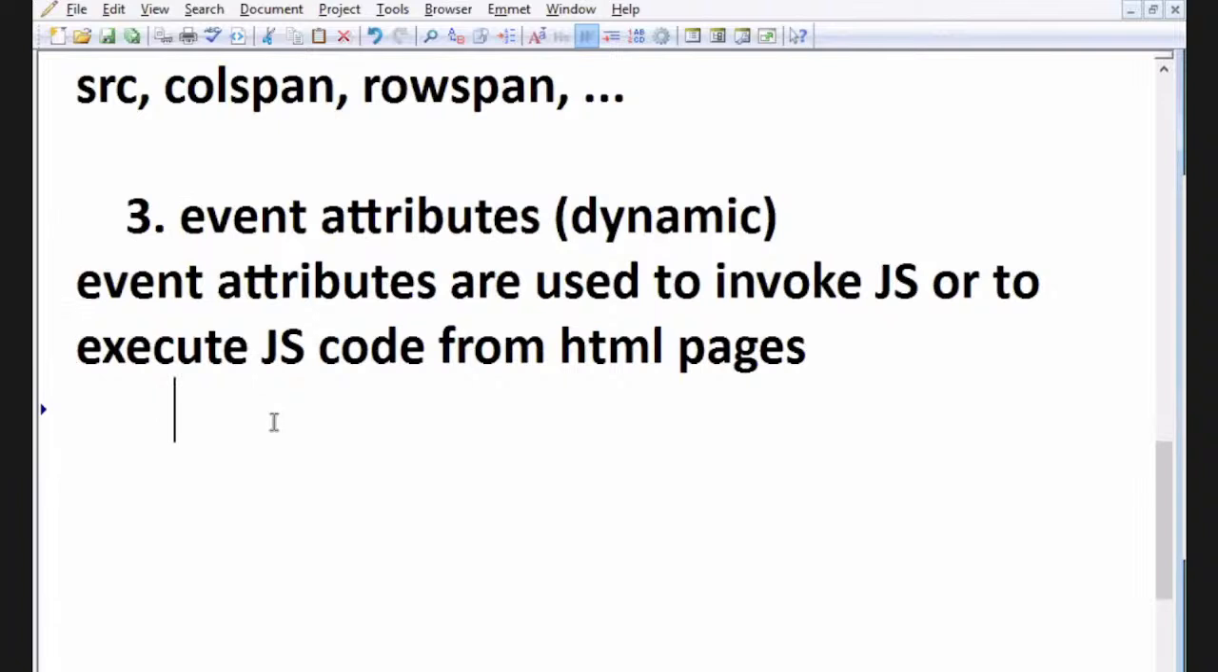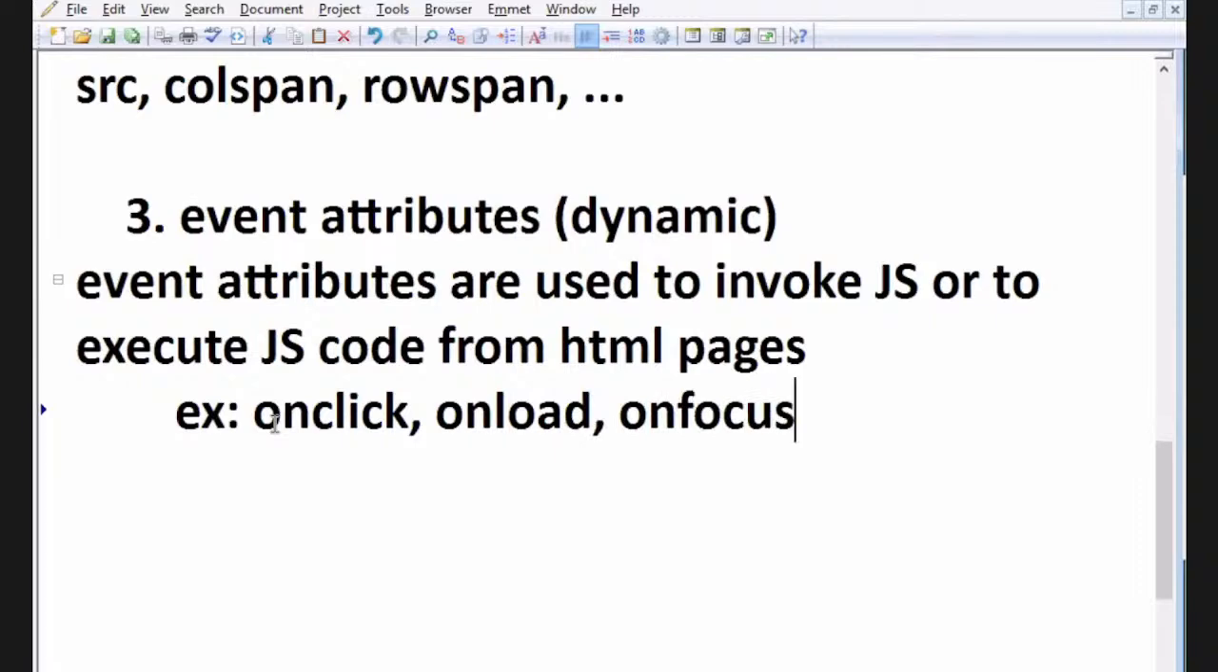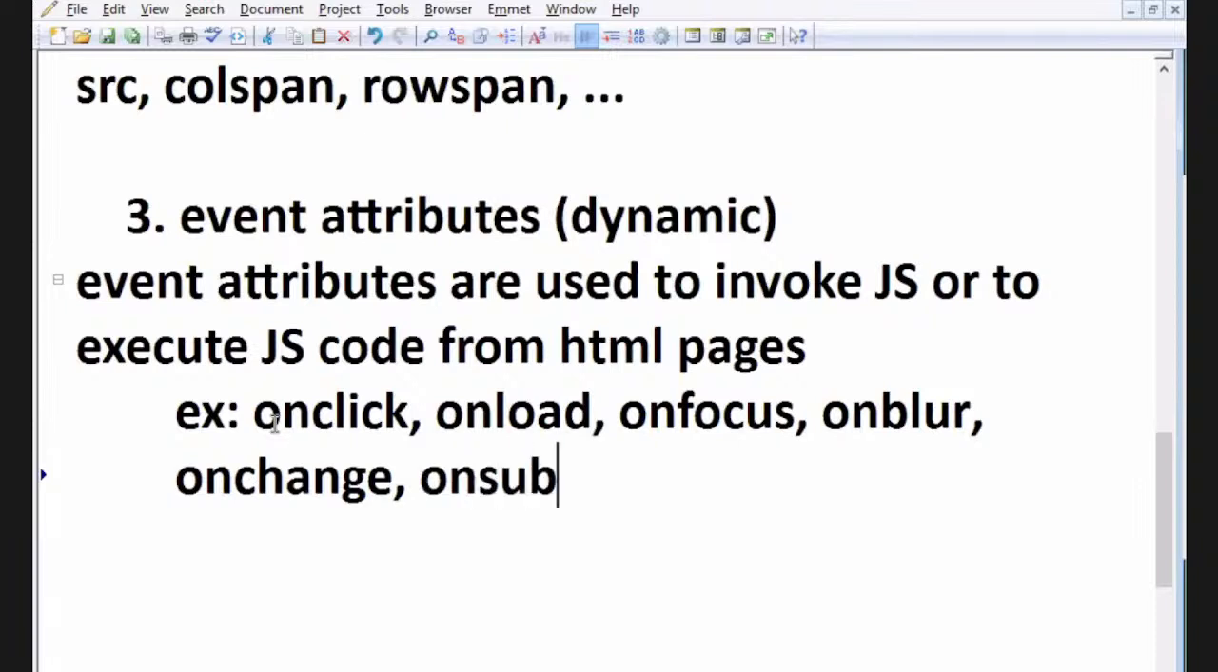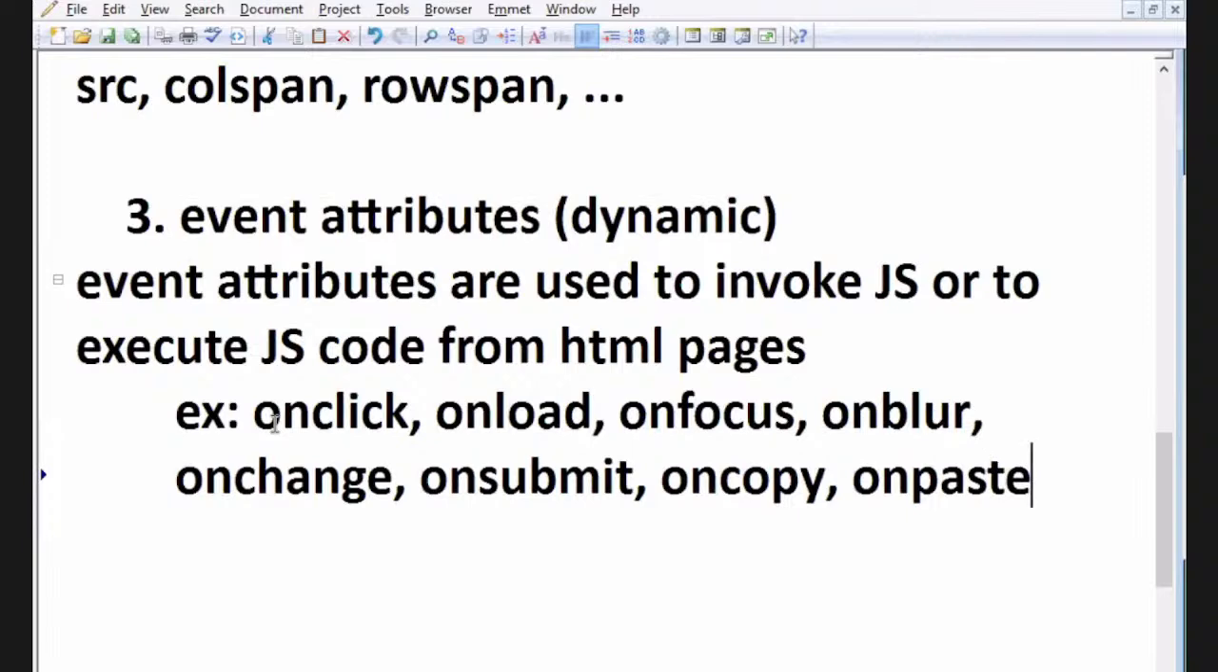Can you give an example, sir, and a list of event attributes? onclick is one of the JavaScript event attributes. onclick, onload, onfocus, onblur, onchange, onsubmit, oncopy, onpaste, oncut, ondblclick,